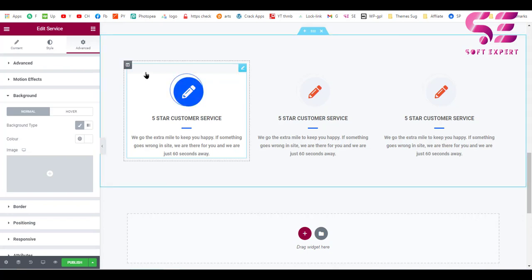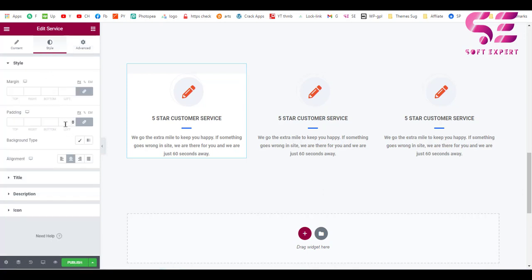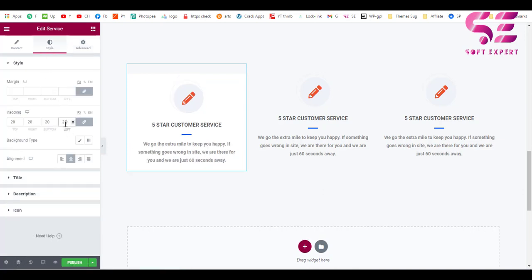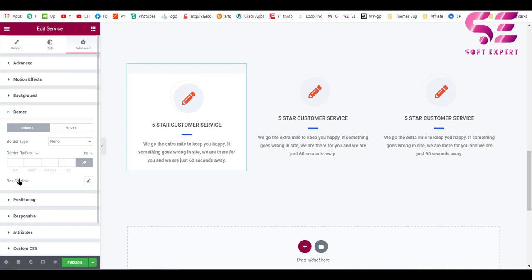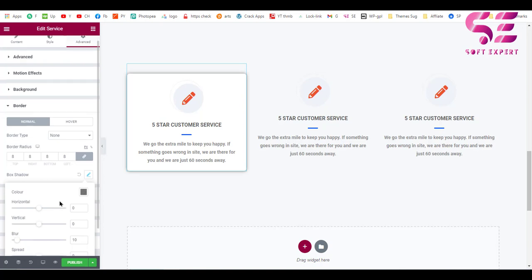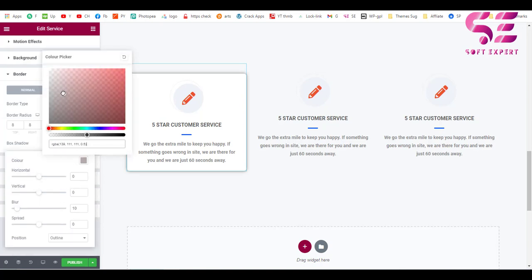Now this is a little different from the background of the section. We will also give this some padding, like 20, and go to advanced again, go to border. We'll put the border radius up to 8, and the box shadow will be a little white, and spread.